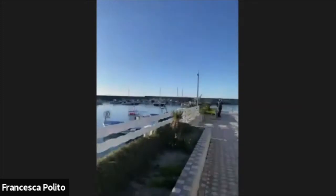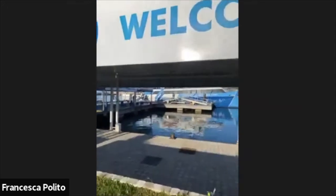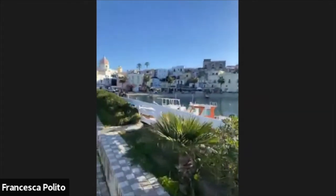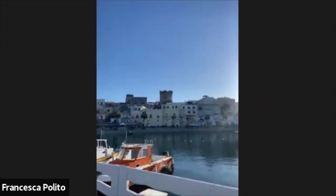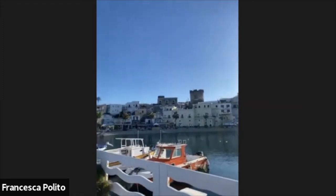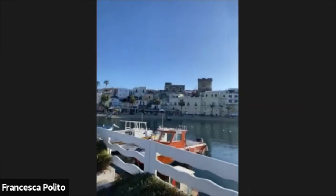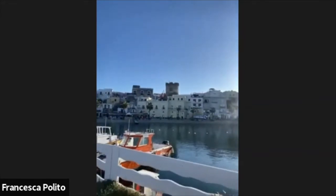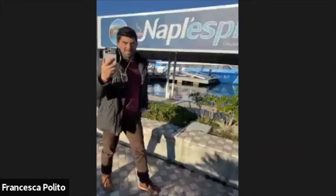So this is the port of Forio, where usually hydrofoils arrive. It is a small port, and it's linked directly to the city center of Forio. As you see there, you can see a tower, which I'm gonna show you later. But basically, there's 7 towers in total in Forio, and I'm gonna explain later what they were used for in the past. But as I'm showing you around, you will see quite a few of them. So I think we can start